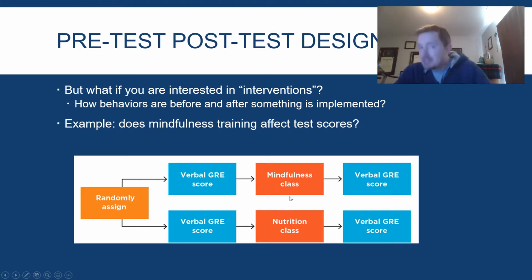If there were any differences in the post-test scores, we would want to make sure that it's not just because they had a class, and it doesn't matter what class it was, all that matters is they had a class. We want to make sure that doesn't come up as a potential confound. So that's why we have this control condition as a nutrition class. So here, looking at differences between the post-tests would tell us whether or not mindfulness training had an effect.